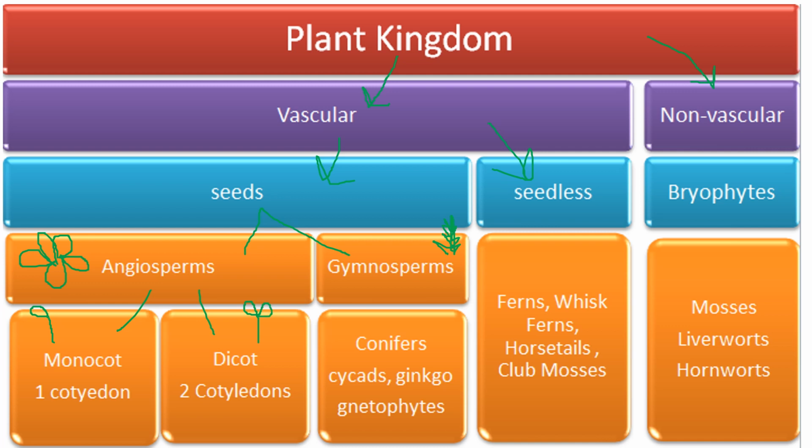And then the only group of gymnosperms is the conifers, okay? Or rather, there are no further subgroups, just the different examples of them. So conifers, cycads, ginkgo, and gnetophytes. Going over to the seedless vascular plants, okay, so now we're here. There's no further subgroupings that we go over, just the different examples: ferns, whisk ferns, horsetails, and club